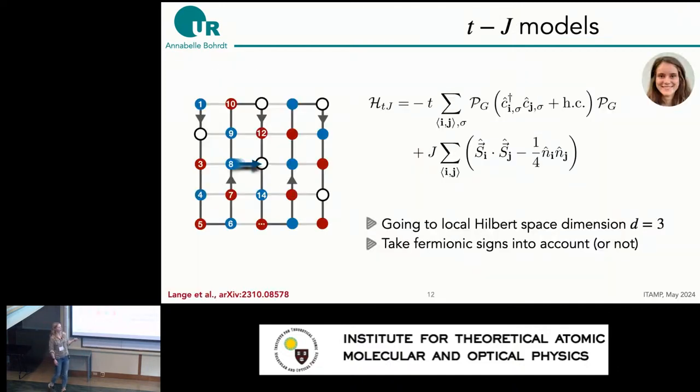And so most people look at spin systems, spin-1/2 systems, but what I, of course, care deeply about is more t-J or Fermi-Hubbard type models. So we started saying, okay, why restrict ourselves to a local Hilbert space dimension of 2? Why not just go to a local Hilbert space dimension of 3? And also start thinking about fermions, right? Because one big picture motivation is that ultimately what we would like to look at is two-dimensional fermionic systems. So we looked at this t-J Hamiltonian,